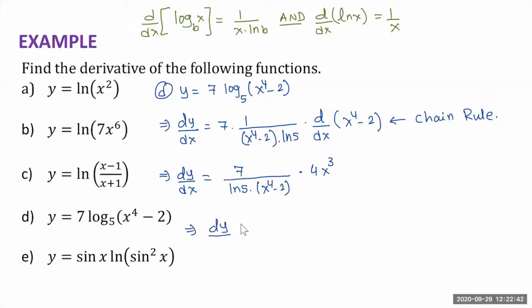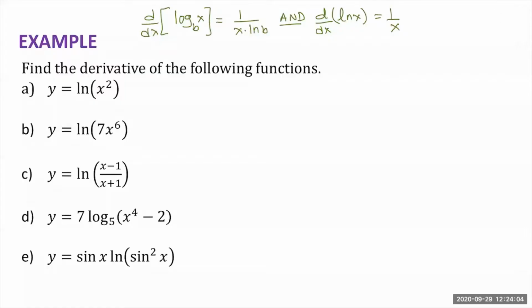dy over dx, derivative of y with respect to x, equal to, now here we have 7 multiplied by 4x cubed. 7 times 4, 28. 28x cubed divided by natural log of 5 multiplied by, remember this is multiplication, multiplied by x to the 4 minus 2. So that is the derivative of this function, y equal to 7 times the log with base 5 of x to the 4 minus 2. Okay, part E,